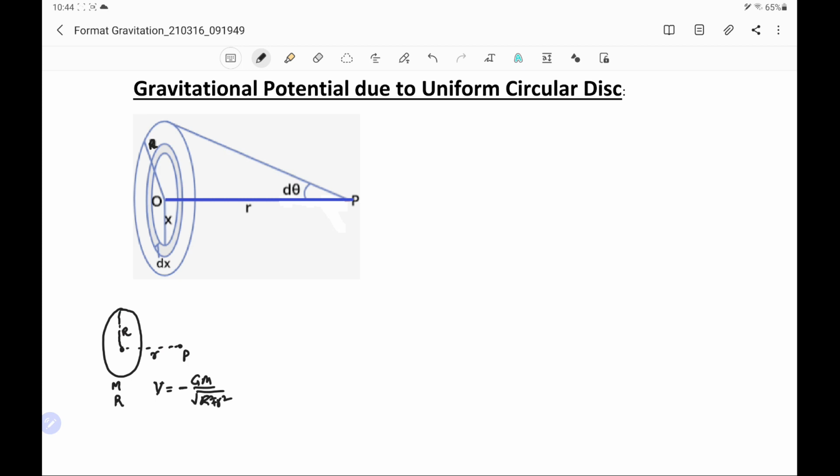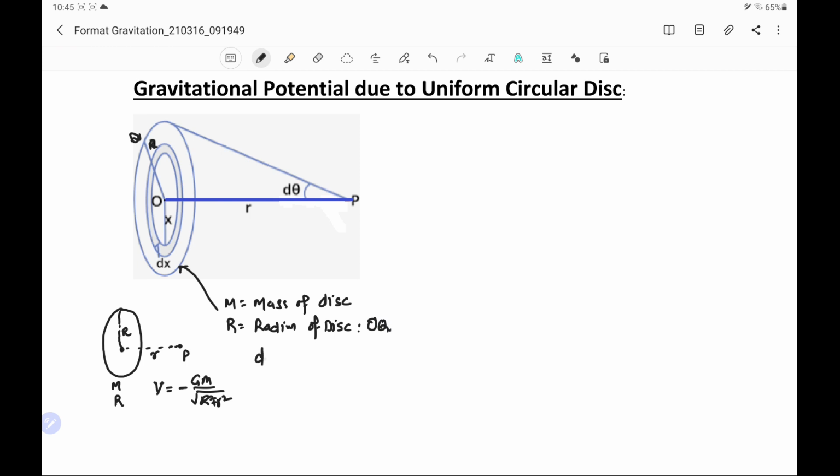Now we are taking the case of a circular disk. On the disk, mass is uniformly distributed all over across its area. That means if the mass of the disk is M and R is the radius of the disk. This is the radius of the disk. This is O and say this is Q. OQ is the radius.